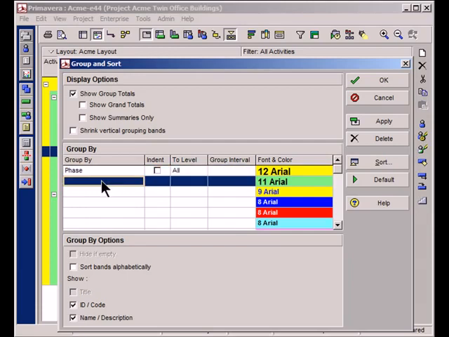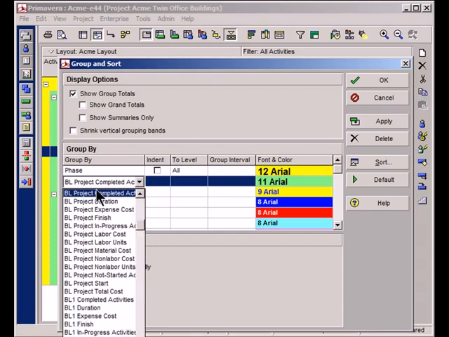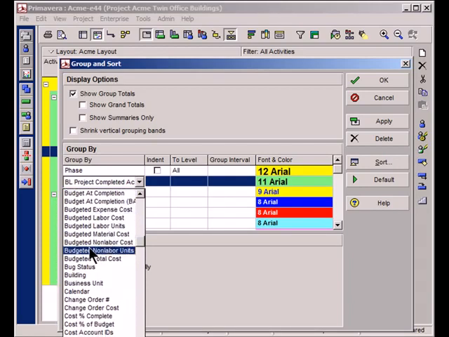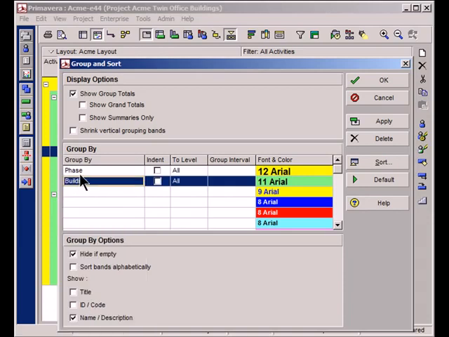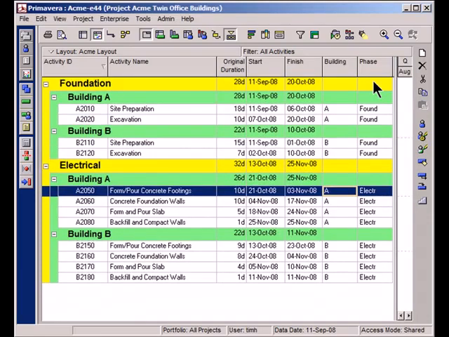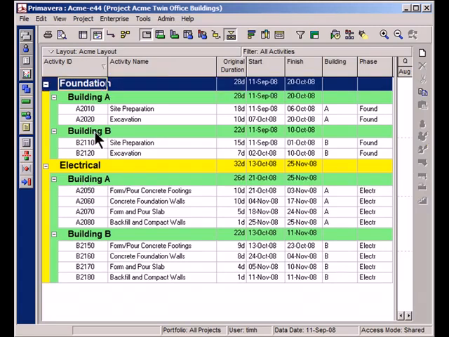I want to do a subgroup as well. So first by phase, but then I want to sort by building. So I'll scroll down this list until I find the word building. Great. And of course these two items represent the activity codes that we have created. I'm going to go ahead and click OK, and we'll see the finished product. There it is. Now my project is reorganized first by foundation, then by building. The advantage that this gives me is now I can see the total duration for all of the foundation work across both buildings. I can see that the total duration is actually 28 days, and I can see that the total electrical work